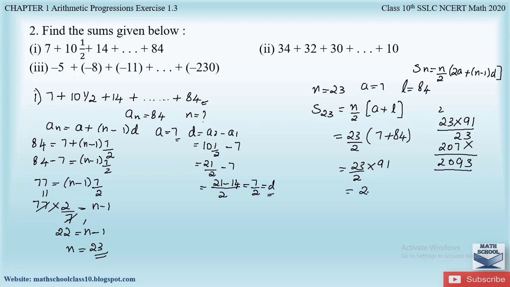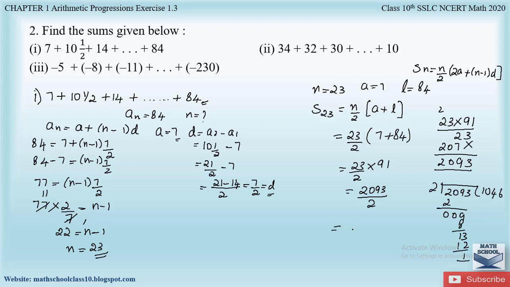This will be 2093 divided by 2. So let us divide and find the values. 2093: 2 1s are 2, 0, so 0 comes down, so again 0 is added here. If there is 0, we have to add 0 also in the quotient. Then 9 comes down, so 2 4s are 8, 1 is the remainder, then 3 comes down, 2 6s are 12, then again 1 is the remainder.